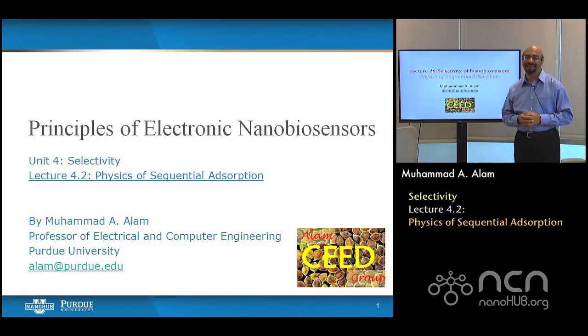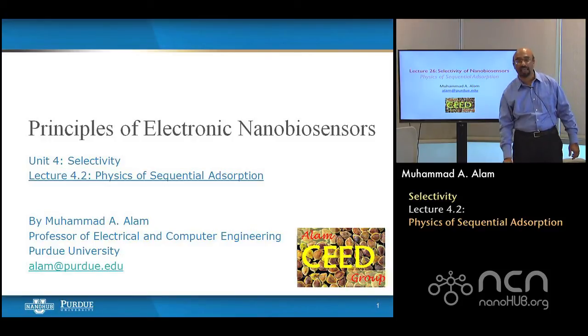In the last lecture, I discussed one of the ways that incorrect binding between two DNA molecules can give you a false positive. The main point of that lecture was that if you bind things correctly, there is a certain amount of energy you need in order to break it. Incorrectly bound ones require a little less energy to detach. So if you can increase this difference by designing the DNA correctly, then by using the temperature as a probe, you can wash away all the incorrectly bound ones.